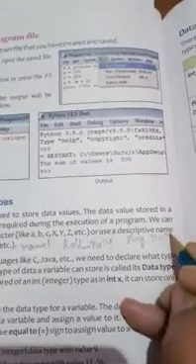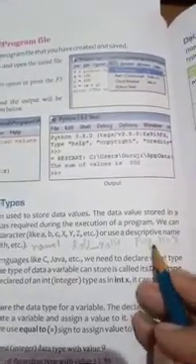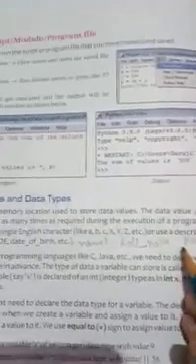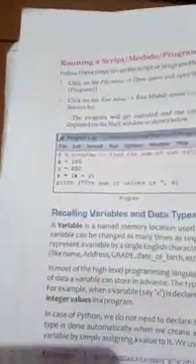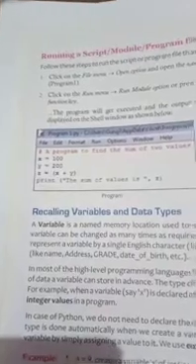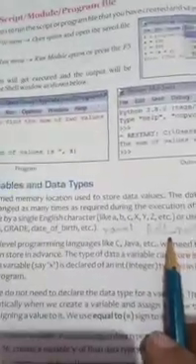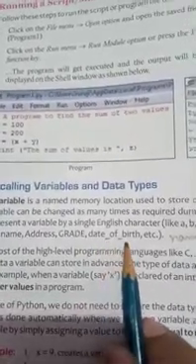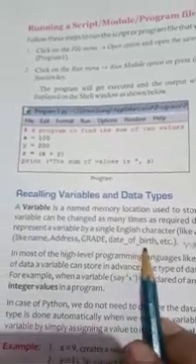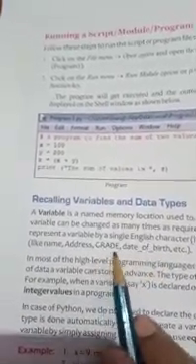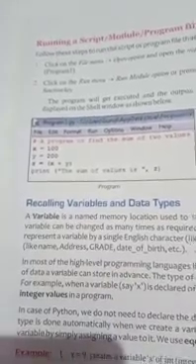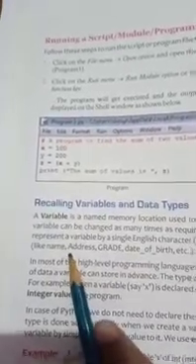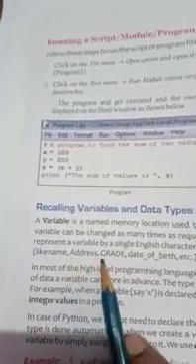If you write a variable name like this, registration, then a space, and number, this is wrong, because there is no space allowed in a variable name in Python. Okay students, so to make a variable name, you can use any alphabets, any digits, and only one symbol. It is known as the underscore, like date_of_birth. So only underscore will be permitted in a variable name, and all letters and numeric values you can also use. But one thing is that the first character of a variable name must be an alphabet.